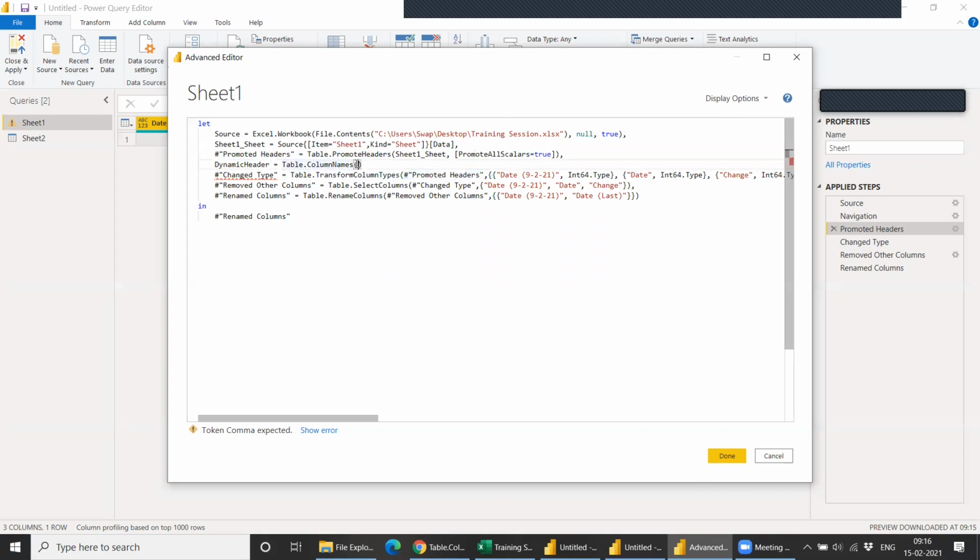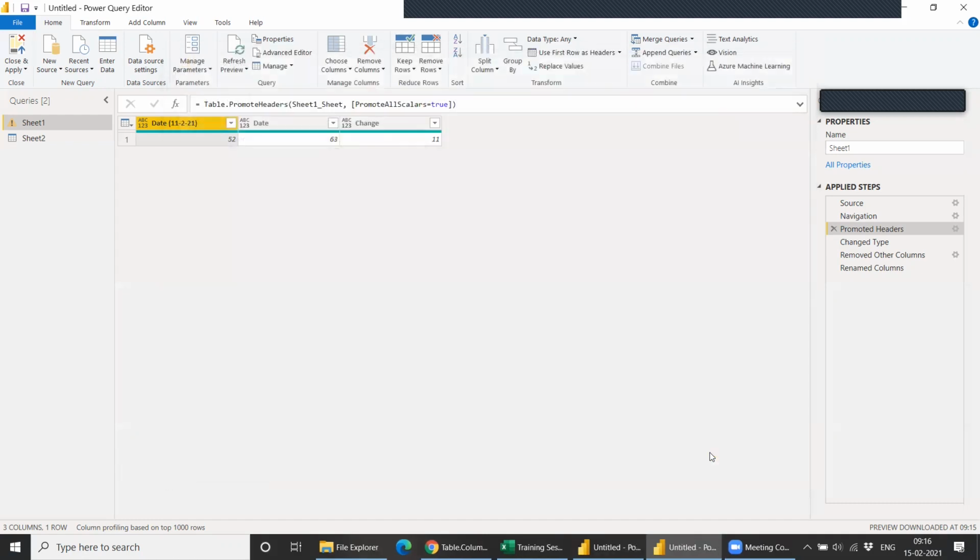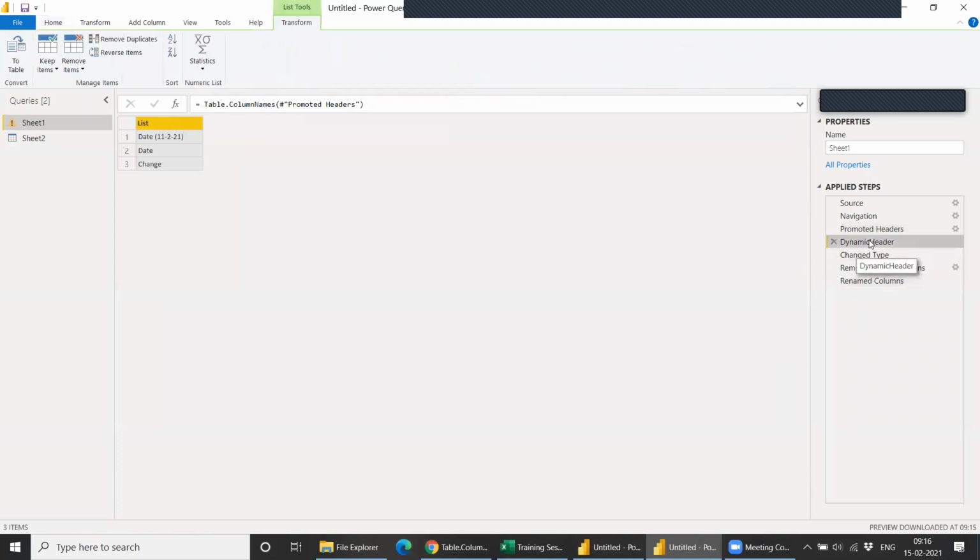In the brackets we have to give the last step name, and if I do this, my dynamic header gives me the list of all the headers. It's showing the serial number 1, but the index number is 0. So we want to find this column only.